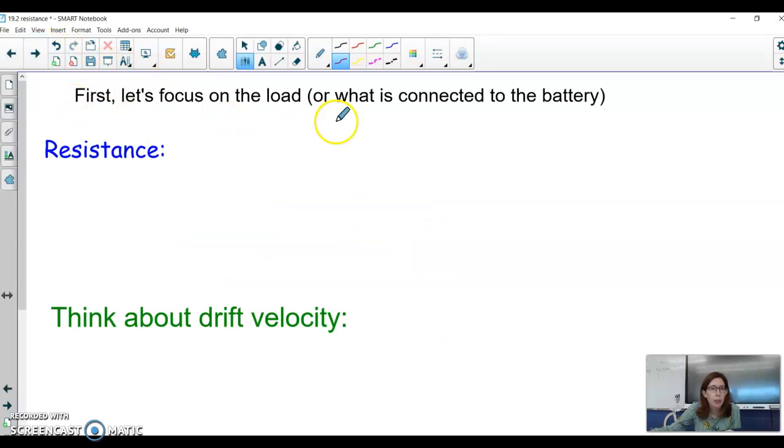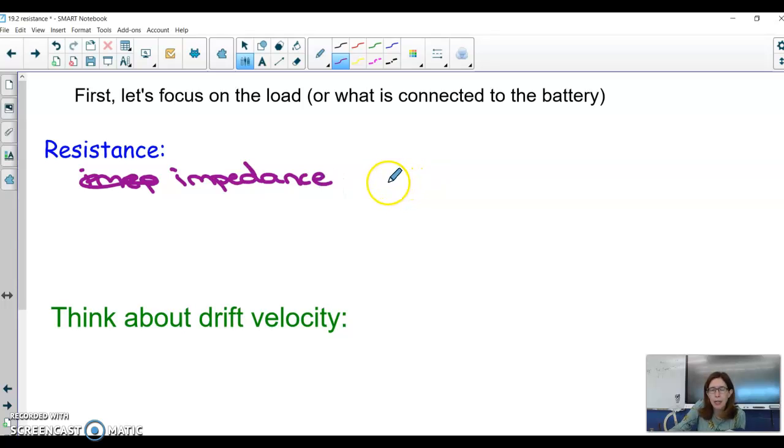And this is where the term resistance comes into play. So the definition of resistance is the impedance. Impedance means to get in the way. If I were to impede your progress, if you're trying to get in the door, I would be standing in the doorway for you. So impedance is just something getting in the way. So it's the impedance of the motion of the electrons